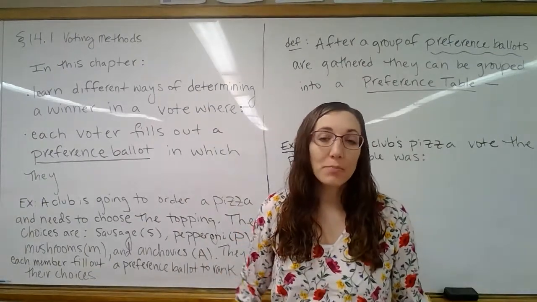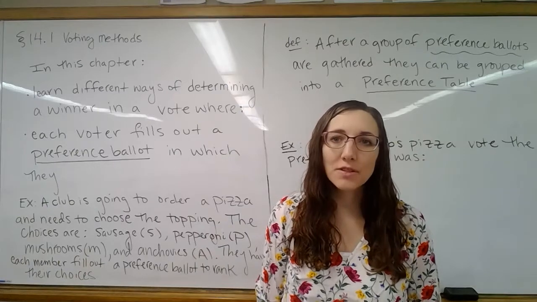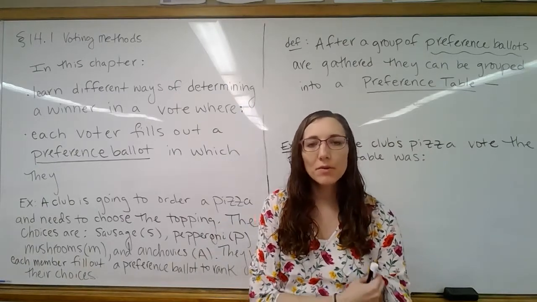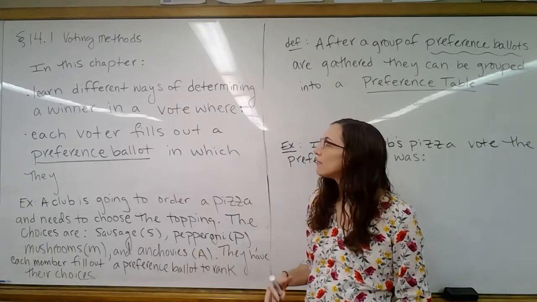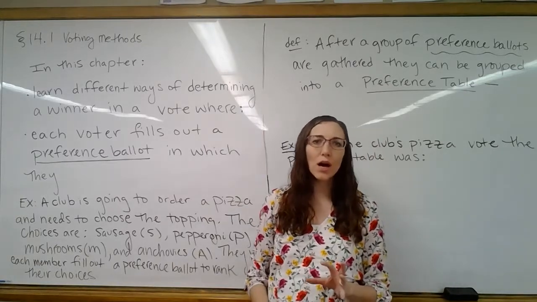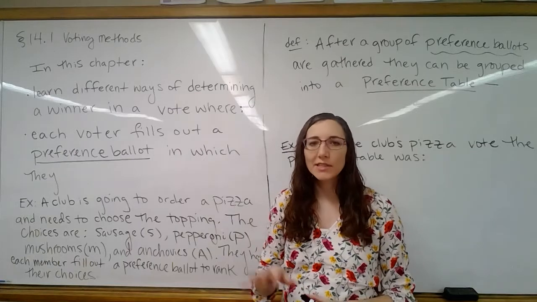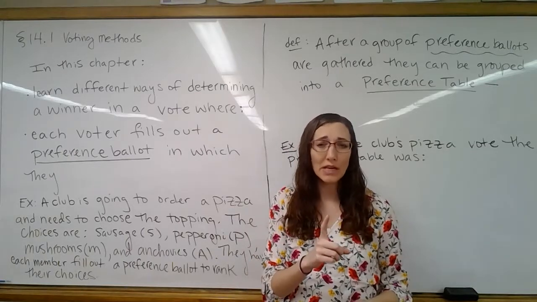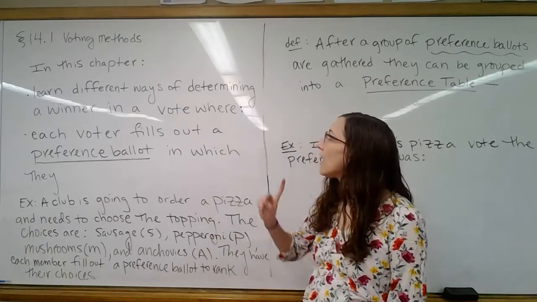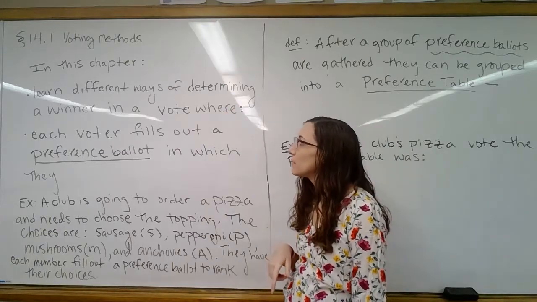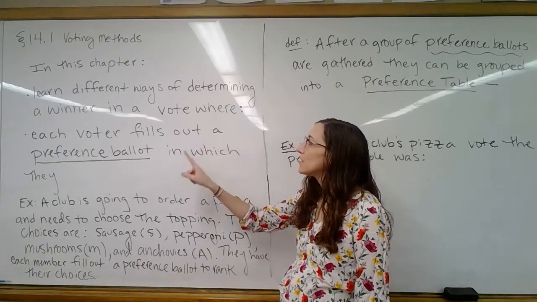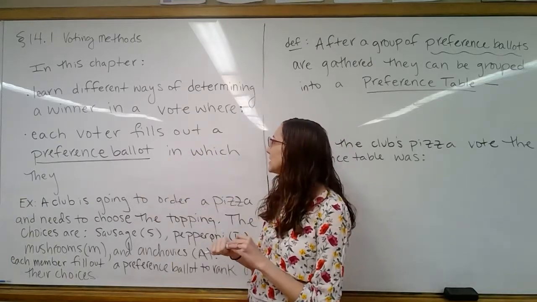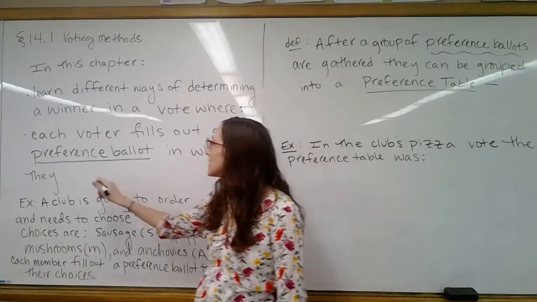We are starting chapter 14, and this chapter is all about voting methods. This is a really cool section where we're going to look at a different style of voting. As opposed to a voter looking at a list of candidates and just picking one person, we're going to learn different ways of determining a winner, where each voter fills out a preference ballot. And a preference ballot is where they rank